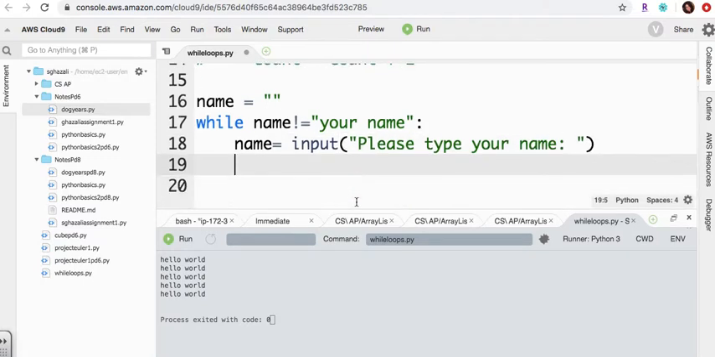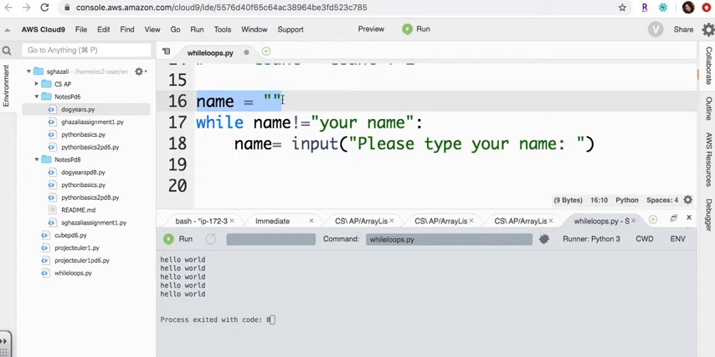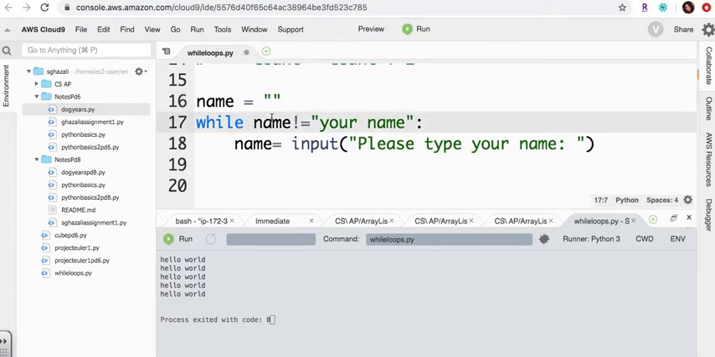So this is interesting. So let's take a look at what this is doing. So name is getting set equal to some blank string, and then the condition is checking if name is not equal to the actual words your name. And then if this is true, meaning if the variable name doesn't contain the words your name, it's going to actually keep asking for